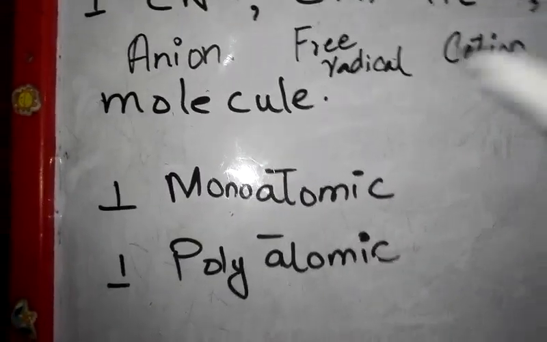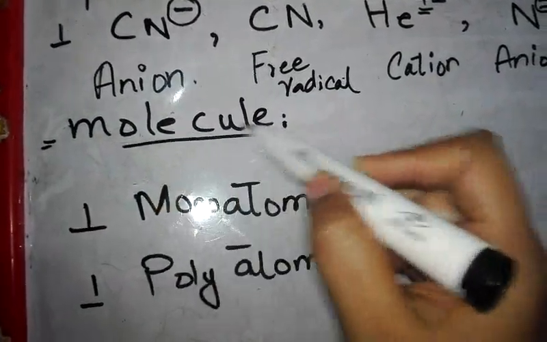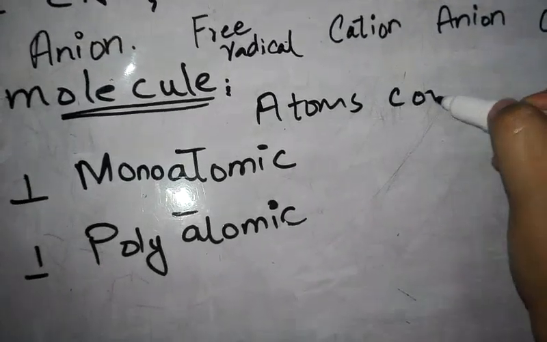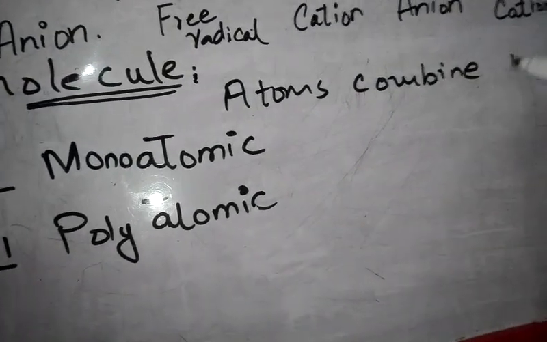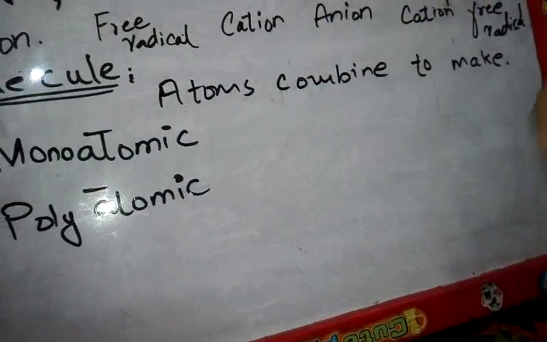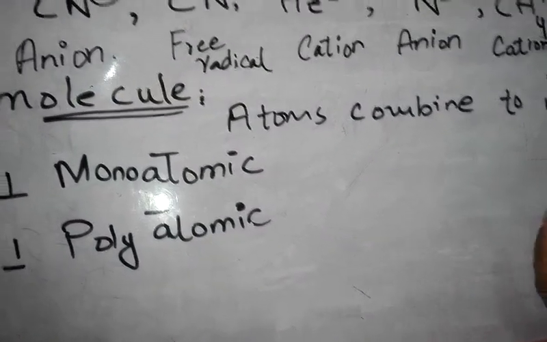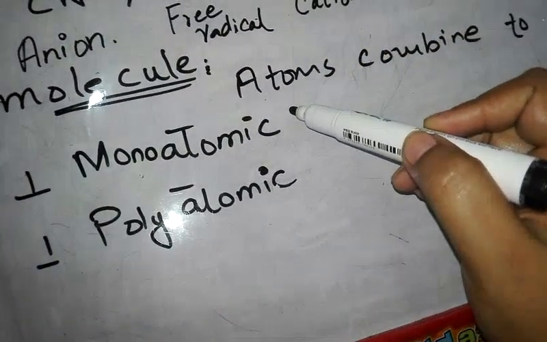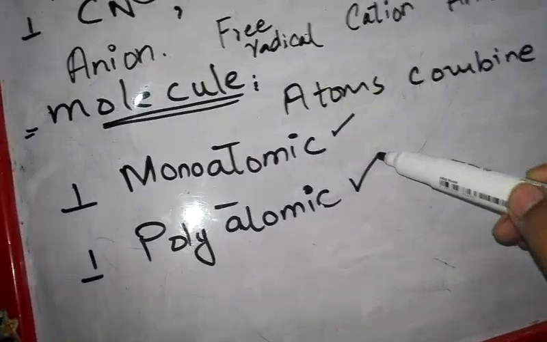The definition of molecule. What is a molecule? I have told you yesterday that atoms combine to make a molecule. Atoms just combine to make a molecule, to make them stable, because they cannot exist in normal state, in single state. Different atoms combine to make molecule to gain stability, to attain stability. Alright, so there are two different types of the molecule given in your book. I will explain you these two types today.